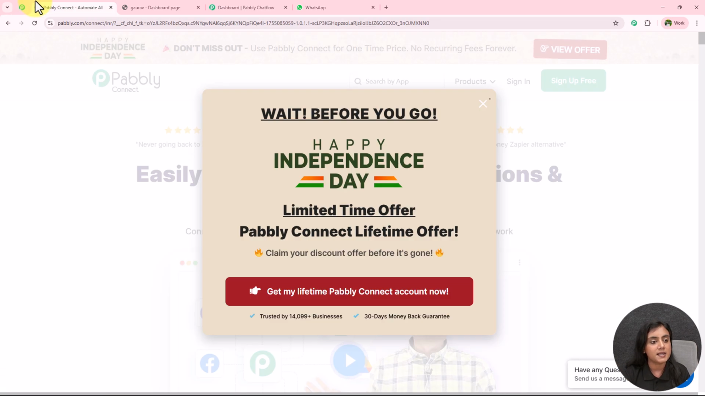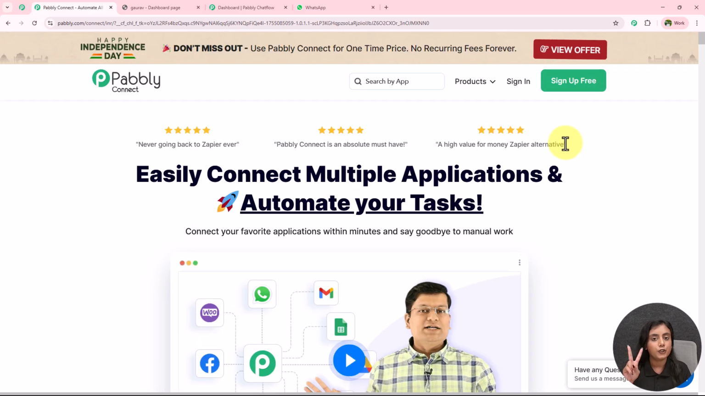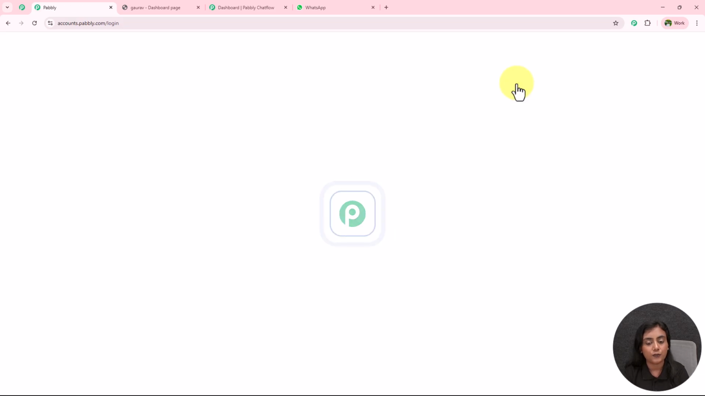Let us create this amazing automation. As I've already told you, you have two options. If you're already an existing user, you can directly sign into your Pabbly Connect account from here. But if you're a new user, you can sign up for free and get 100 free tasks every month to build amazing automations. Okay, so I'm going to sign into my Pabbly Connect account from here, and then you will